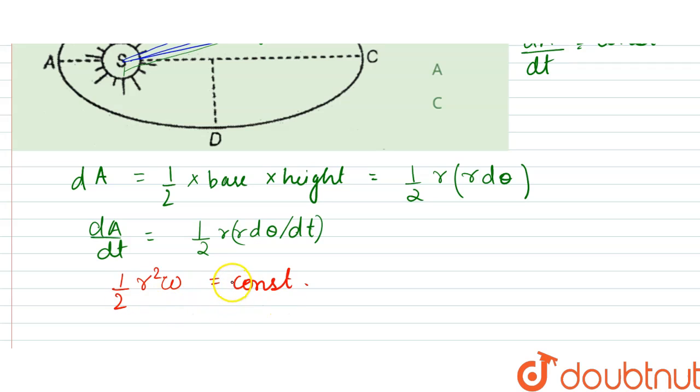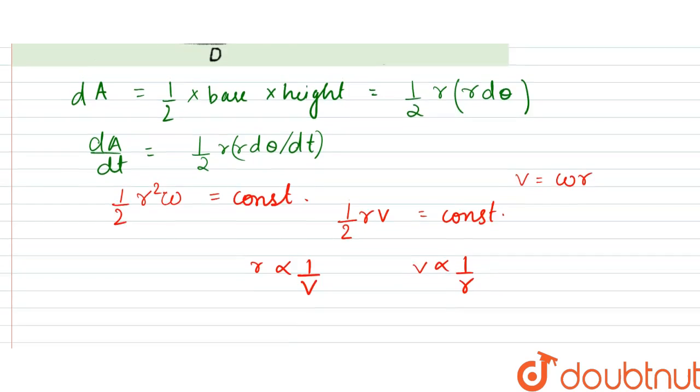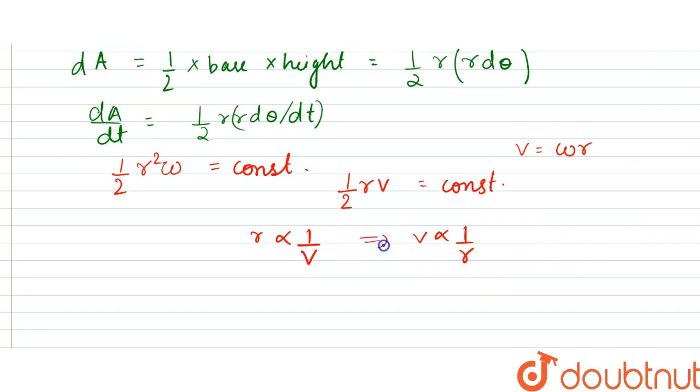So since this is constant, the linear velocity v is equal to omega r. Half r v would be constant from here. So we can say that since r is inversely proportional to v, or v is inversely proportional to r, vice versa,